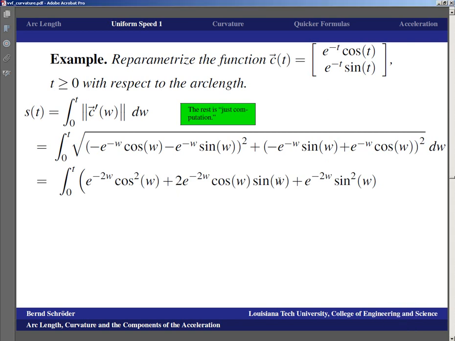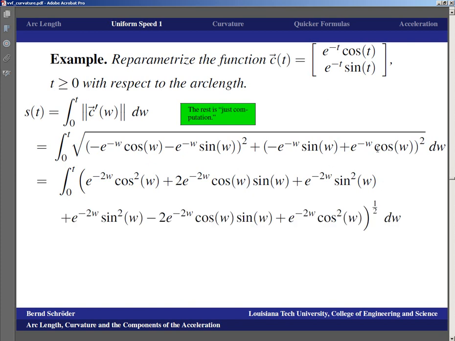Okay, one more time. We work this out with the binomial formula. We take the square of the first one, which is e to the negative 2w cosine squared w. We take 2 times the first times the second, and the minus signs cancel each other, and the e to the negative w becomes e to the negative 2w. Here's the cosine, here's the sine, and then we have the square of the second, e to the negative 2w sine squared w. And we're adding to that the other square, so we get the square of the first, e to